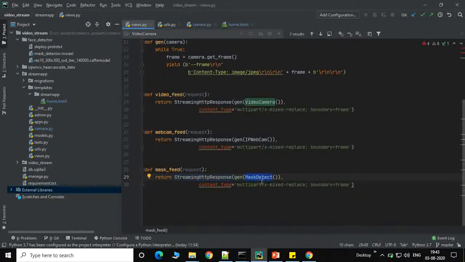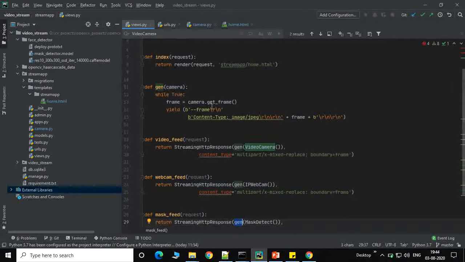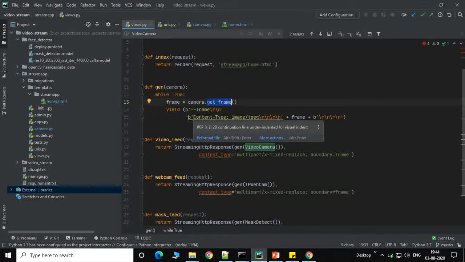This is a class we actually discussed previously, and this is a function we can call. And this is a generator, and we call the get frame every time.